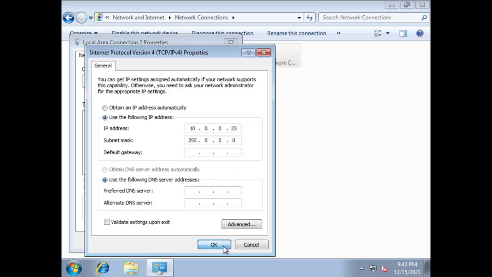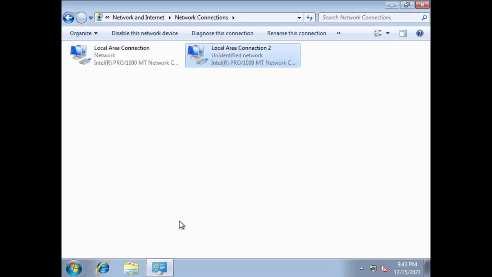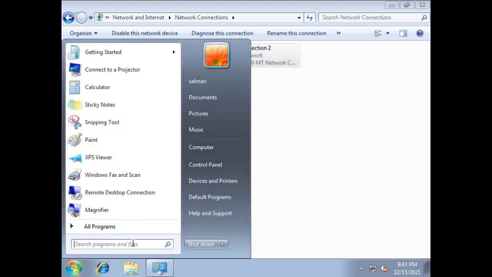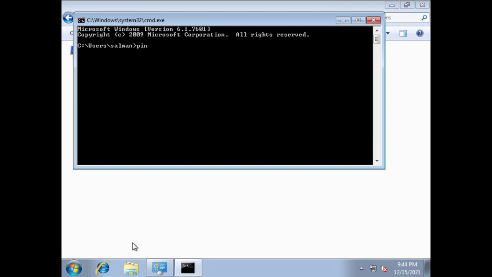and click OK. So what I have done right now is I have created two virtual switches, one virtual switch on the first ESXi server and another virtual switch on the second ESXi server, and then I added two LAN cards to two different hosts and assigned the new virtual switches. Now I will check the communication between these two networks. So I will ping the IP of my first ESXi server